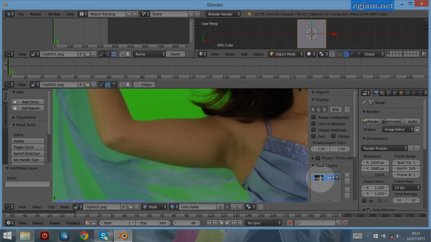We'll click plus on the mask layers and rename it to, and this is going to be the upper arm, even though it's lower in the scene. So we're just typing upper arm, and I'm going to define it as the right hand side because it's on her right, stating the obvious there. Anyway, if we hold down shift now and press the left mouse button, it will give us our first point, and we just drag out the handle,